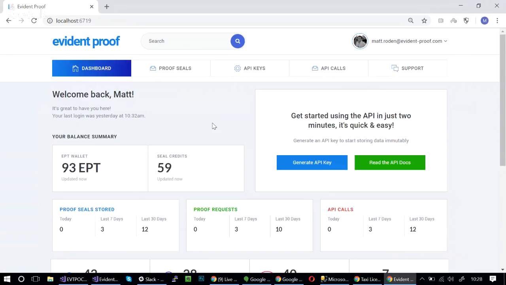And today we're just going to give you a brief overview of what that looks like, and we'll show you a sample application. So this is the dashboard, a little bit of terminology. Proof seal is your data sealed into a hash, which is then distributed on public and private blockchains. And then